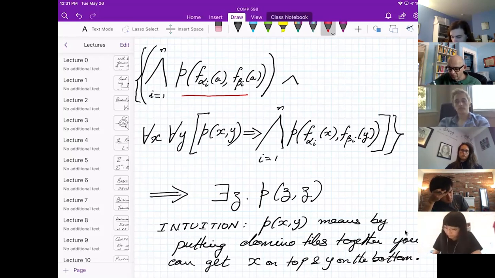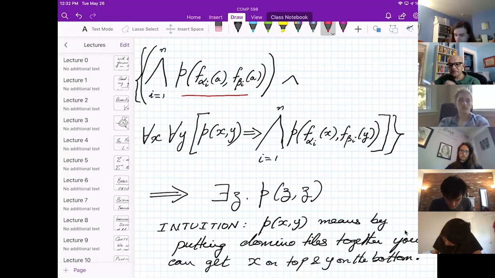So this whole thing in curly brackets is encoding the description of the Post Correspondence Problem. It tells you what are the basic tiles I've got. That's what this thing underlined in red does. It just says you've got these tiles, so you can just start with any of them. And then it says once you've got some bunch of tiles already stacked up, you can choose any tile and extend it. That's all it's saying.